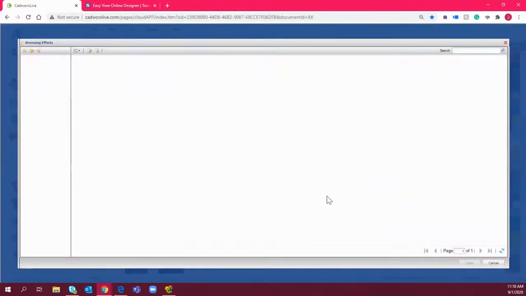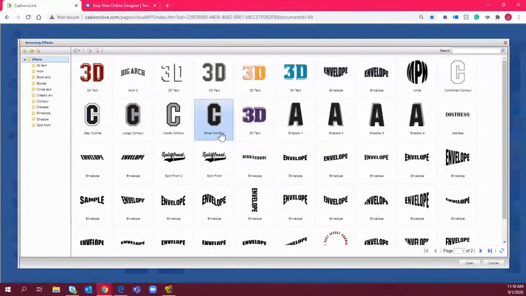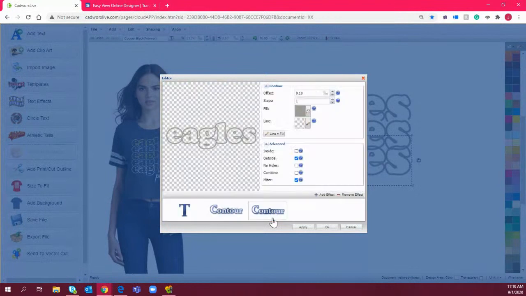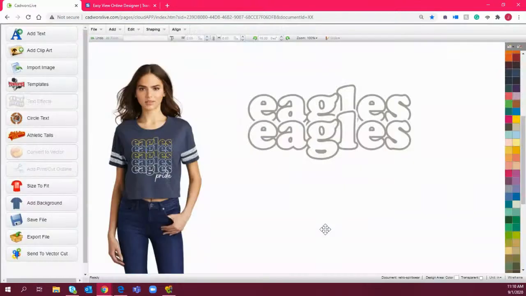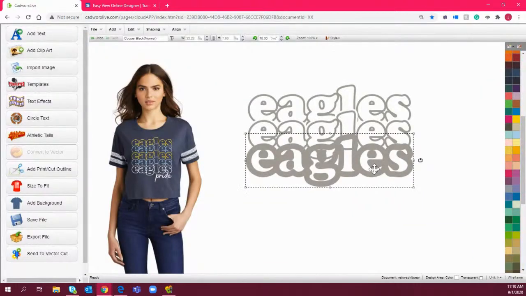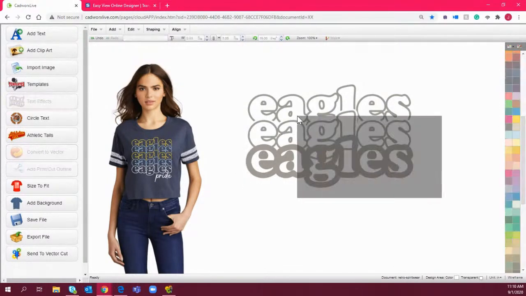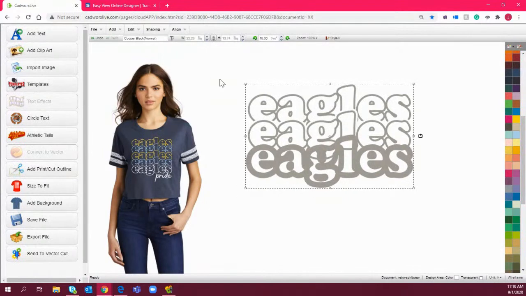The next step is to add that small contour. And the reason I choose this small contour is because it keeps the offset at 0.10. That way it's not making it too thick where it's punching through too much and making it unreadable. So I'm just going to drag this down a bit, making sure it's generally in the same lines as what we had above. One more time, I'm going to center,